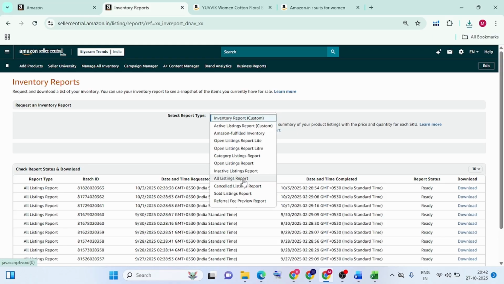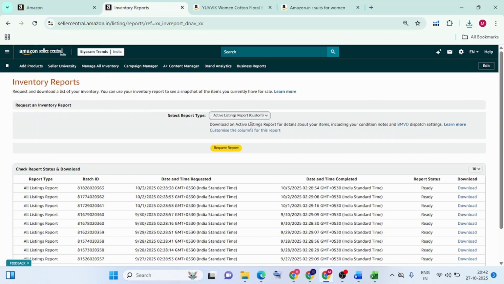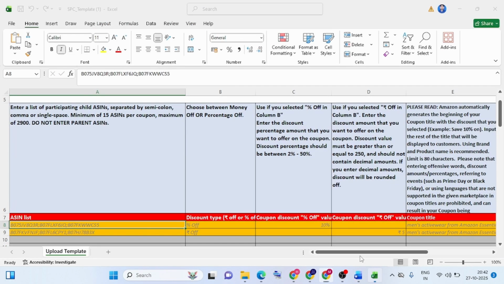You also have out of stock or inactive listings, so you can just go to the active listing report. Just hit the active listing report and request the report. After that, whatever data is given, just copy your ASINs and paste them over there in